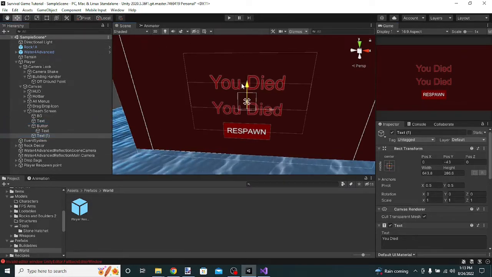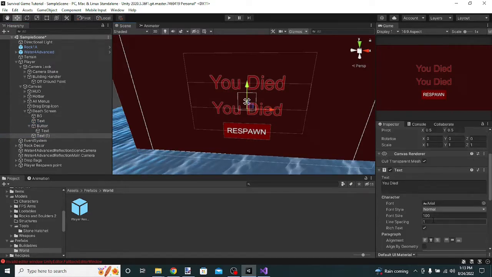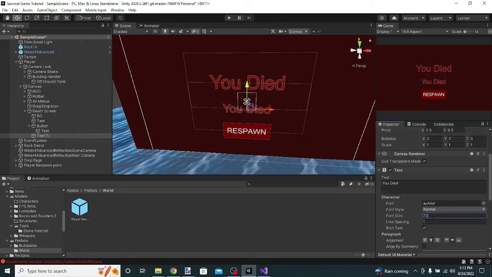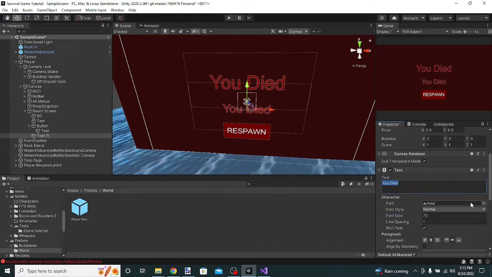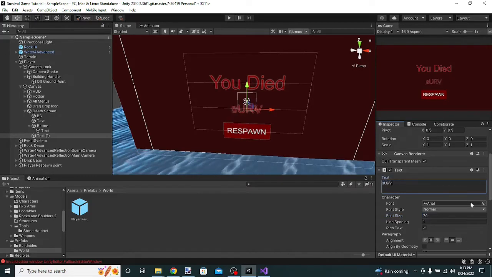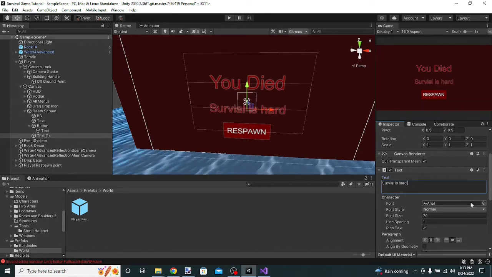I'm gonna duplicate this, make it a smaller font, so let's do like 70, and then I'm gonna put here a random text like survival is, okay, caps is on, survival is hard, try again,